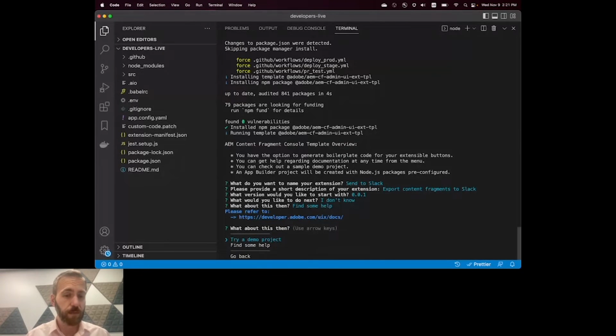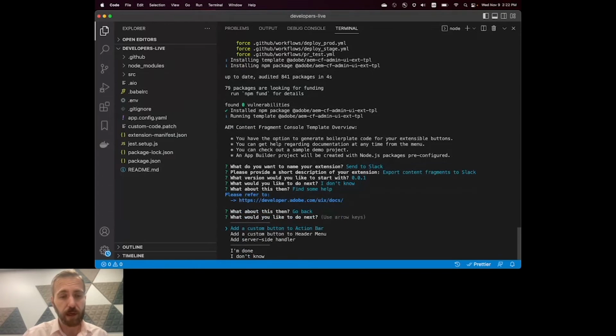With time, we will add more and more resources that allow finding answers and help for users who try to do this for the first time. Another interesting option is try a demo project, and this option will generate all the code from scratch, and you will get a fully functional UI extension, which will provide as well Slack import-export functionality, much richer than what we'll develop today. But so far, we'll go back and